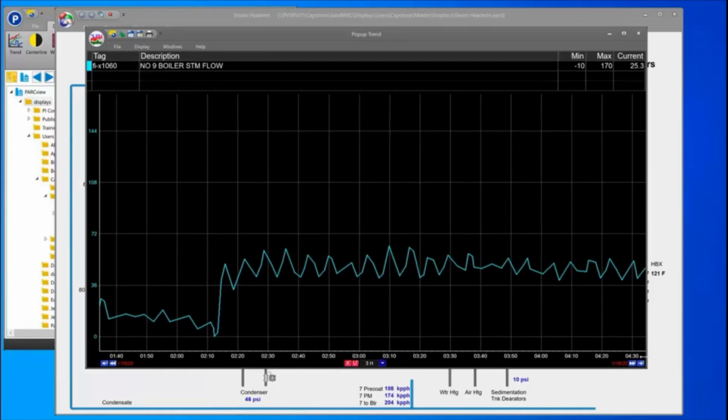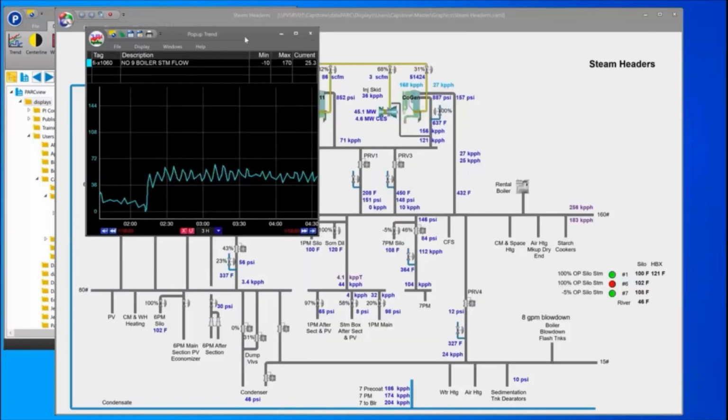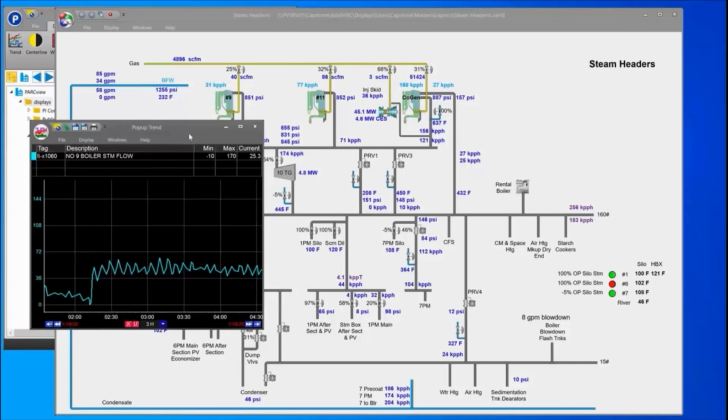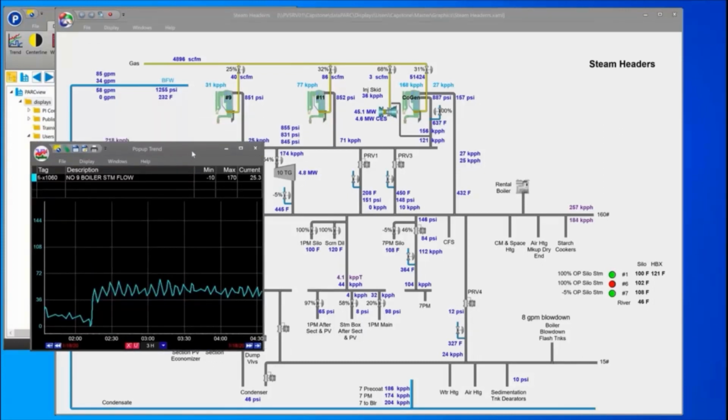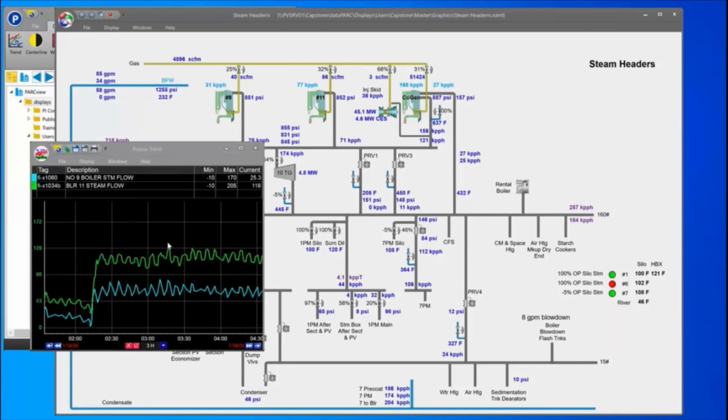Once we do that, we now want to compare this to some of our other tags in our graphic. So far, we only really know that there's an issue with the 9 boiler. So next, we want to see if there's an issue with a different boiler, specifically number 11 here. So we'll drag that tag and add it to our trend. What we can see is it looks like it has a pretty similar pattern.